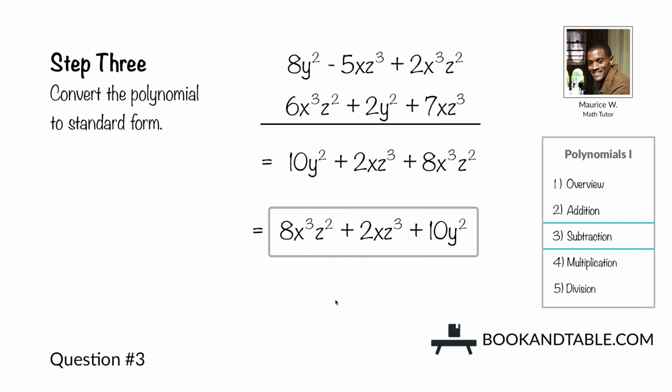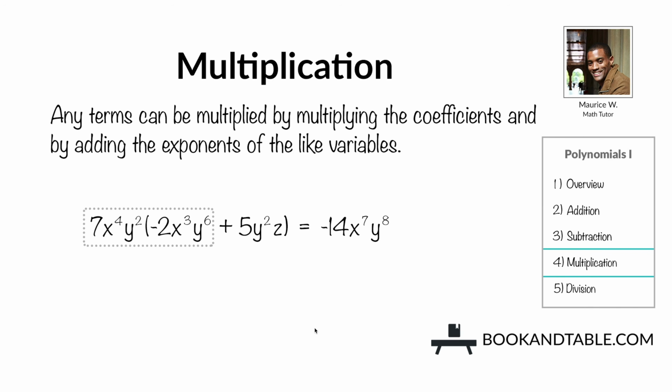And that is how we go about subtracting polynomials. Let's now discuss how we would go about multiplying polynomials. Unlike addition and subtraction, for multiplication, any terms can be multiplied by multiplying the coefficients and by adding the exponents of the like variables. So let's say we were multiplying the monomial 7x to the 4th y squared times the